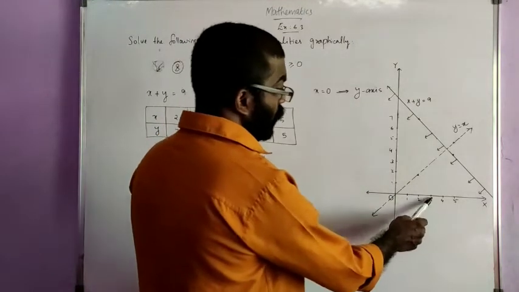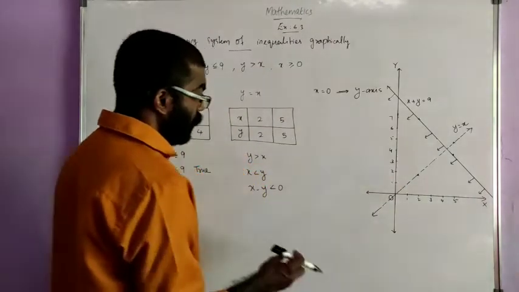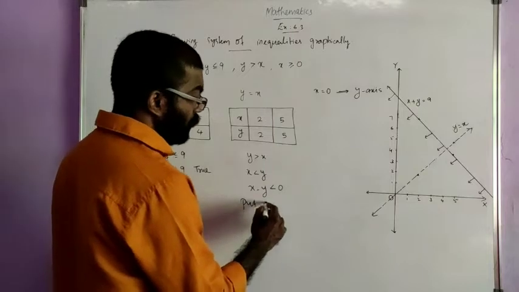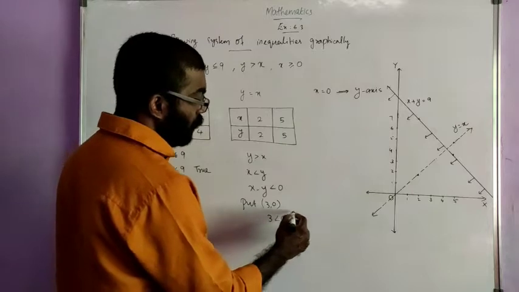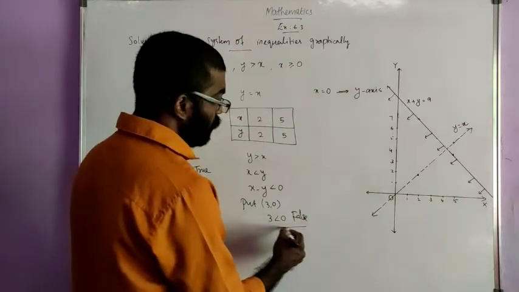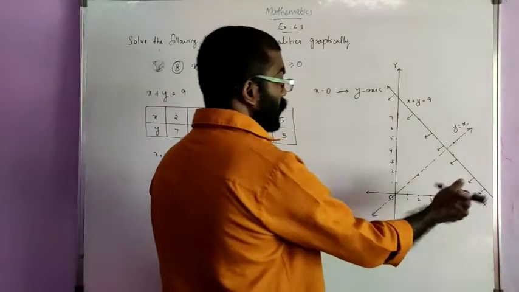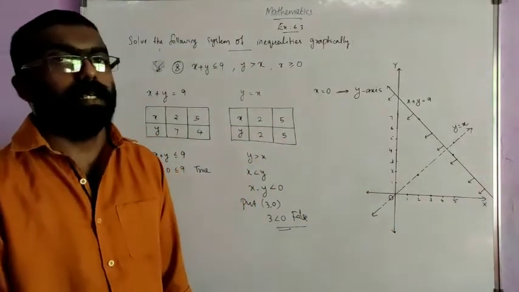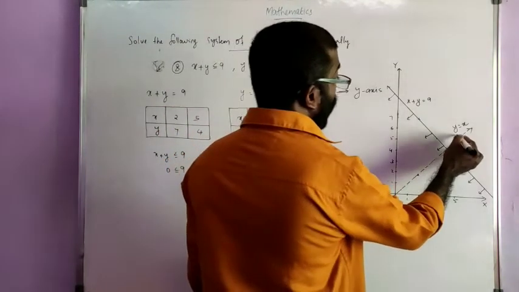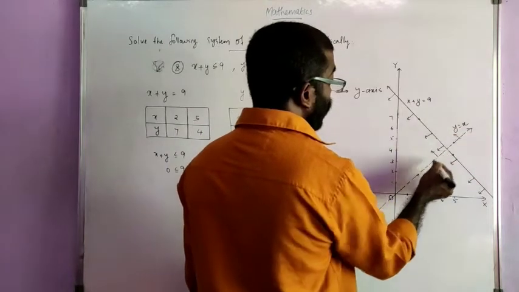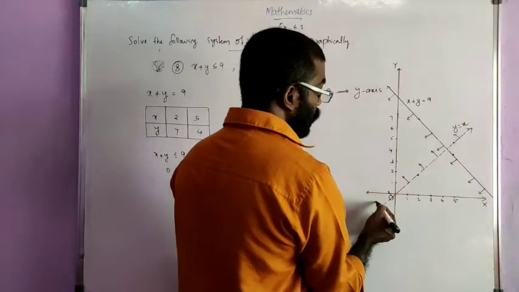Here we can take this 3, 0. It's on the right half plane or the lower half plane. Okay. So put 3, 0 here. 3 minus 0. 3 is less than 0. It's a false statement. Okay. 3 less than 0 is false. So the point 3, 0 doesn't lie in the solution region. So clearly we can say the upper part of this line will be the half plane represented by the inequality.